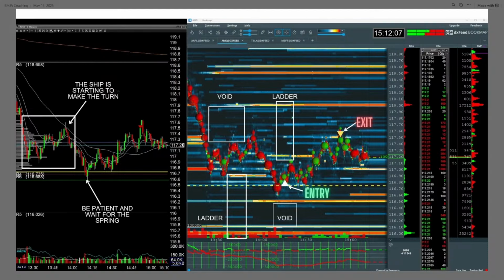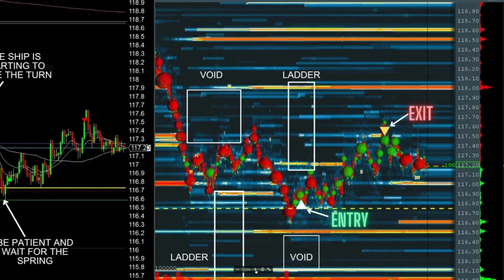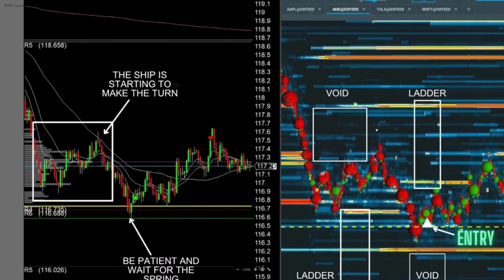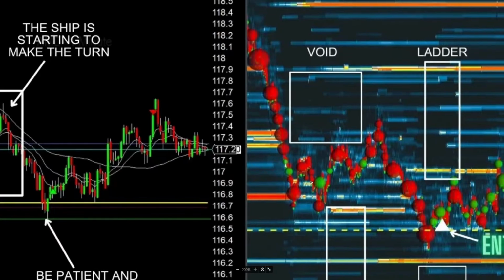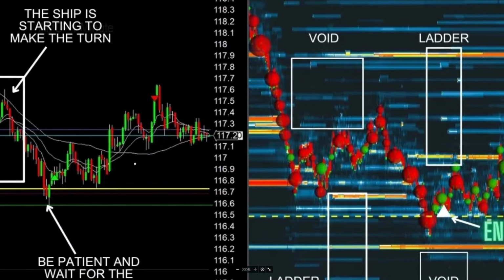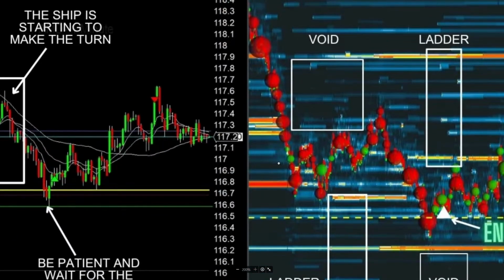And Bruce, if you could kind of zoom in a little for me on the candlestick chart a little bit, because we've got more time frame there. Yeah, if you could even do a little bit more, right where his entry is, if we could. I don't know how far you can though. We can really see those wicks on those candles. That's how we know we're getting absorption, right? Because our highs and lows are way outside the body of our candle, right? We open and close really tightly, but we're pretty much absorbing right into this selling, right at this level. And that's what he's looking for, that springboard action.